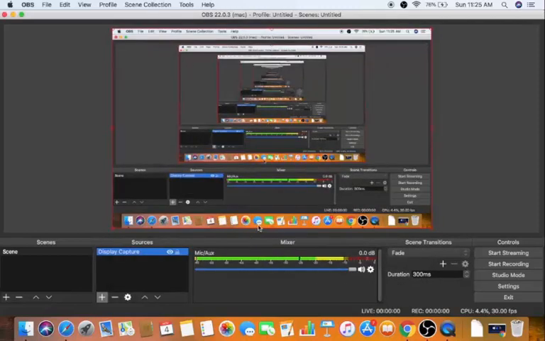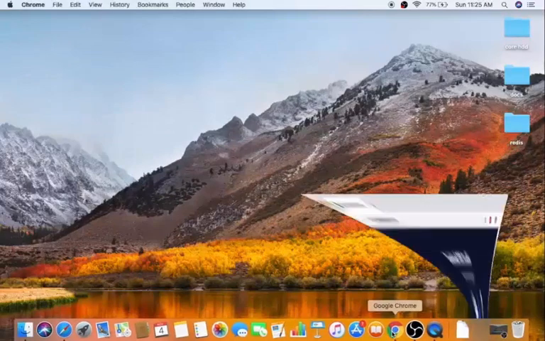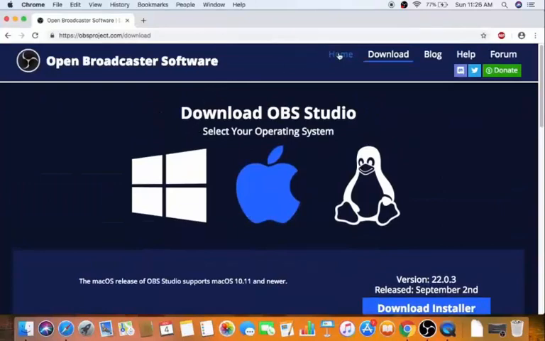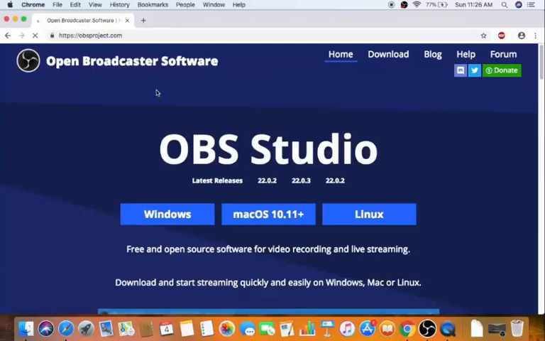And now in order to start the recording, I'm going to just click on this option under controls. There is an option called start recording. So I'm going to click on the start recording option, which is going to start the recording of my desktop. So let me just minimize this OBS Studio and let me once again open the browser, and on this OBS website, let's go to the home page. So we will be able to see the changes recorded in our video using OBS Studio screen recording.